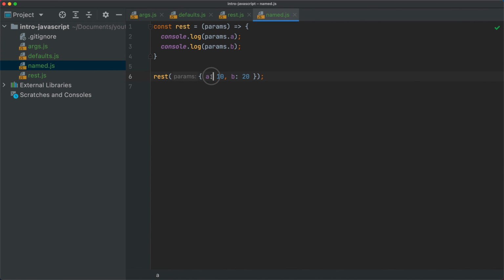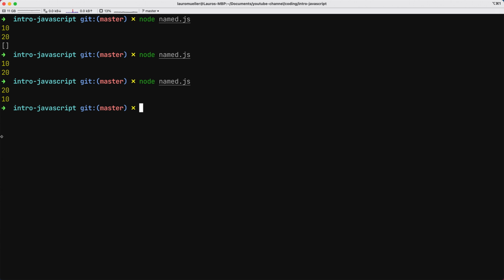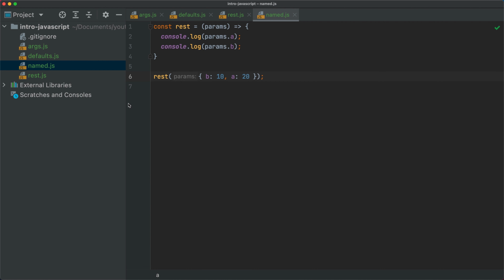And if I were to switch this and say B is going to be 10 and A is going to be 20, if I save this and I run the code, then I successfully invert the order of the values. Now, this is how we could work with named parameters in JavaScript. And this is actually quite a common approach, at least I like it very much. It's very helpful when we're working with TypeScript that we can also directly and statically type the objects that we